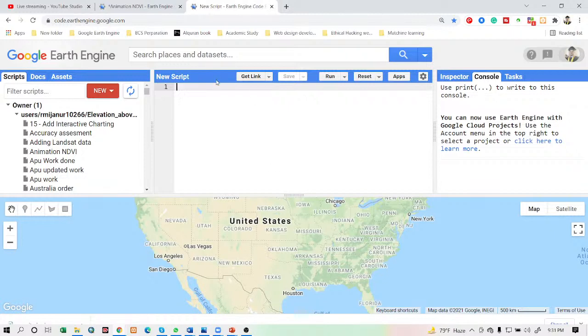Okay, so first of all we complete the print. Print is a function. This function prints something that you write. Suppose I want to write something here, and when I simply click run, I can get this result under the console tab. Okay, this is the print. So the print function prints something that you write.